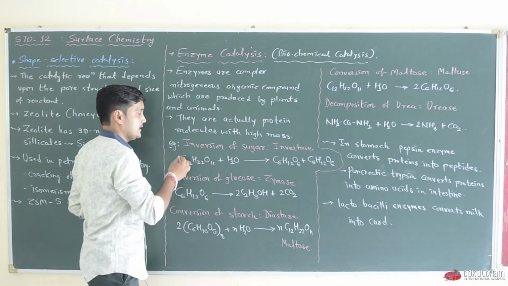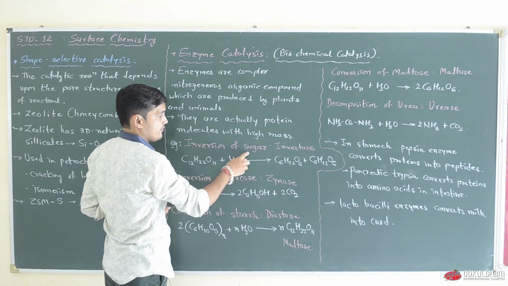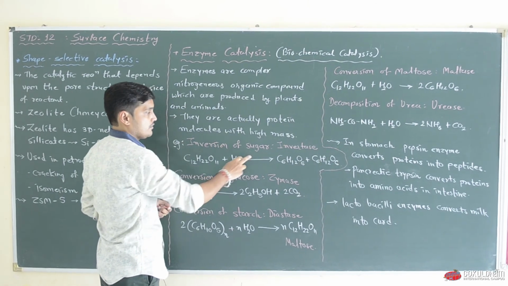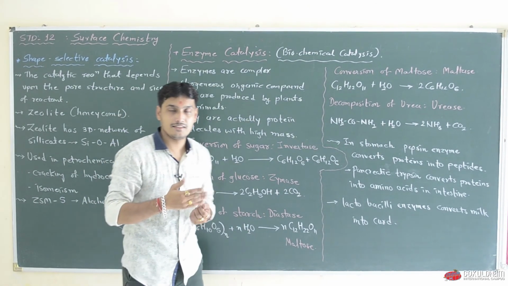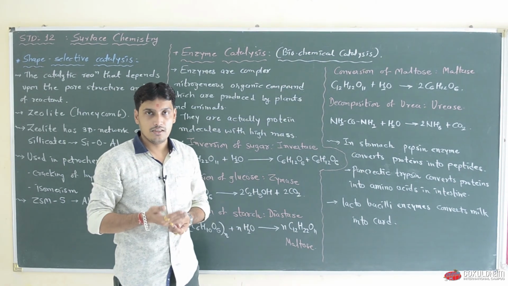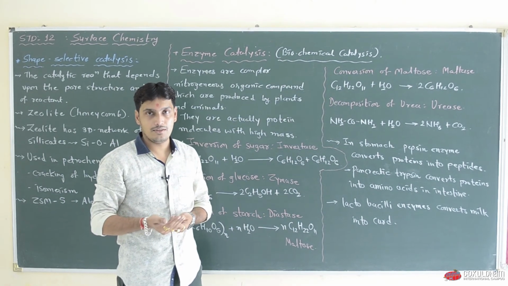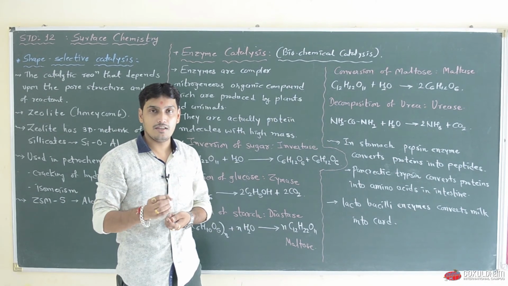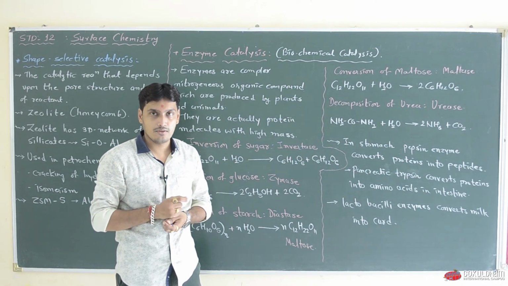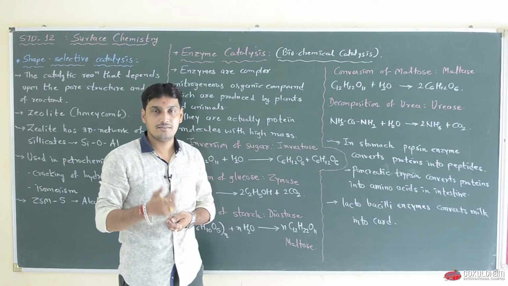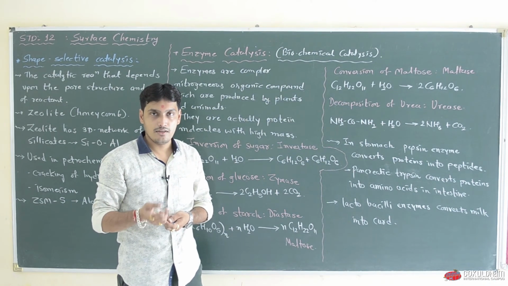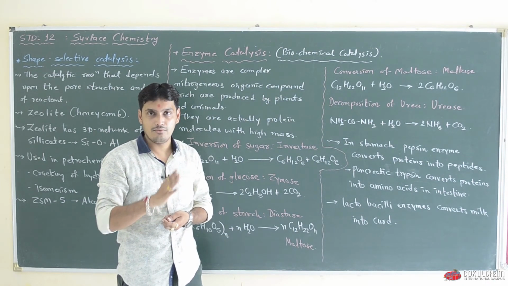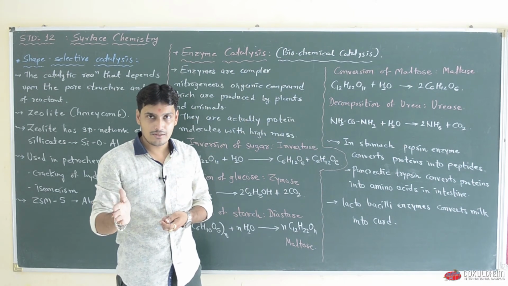Our first example is inversion of sugar. Sugar has different names. Sugar is also known as maltose, sugar is also known as lactose. All these terms have the same molecular formula, C12H22O11. Molecular formula is the same for sugar, maltose, lactose. Okay,